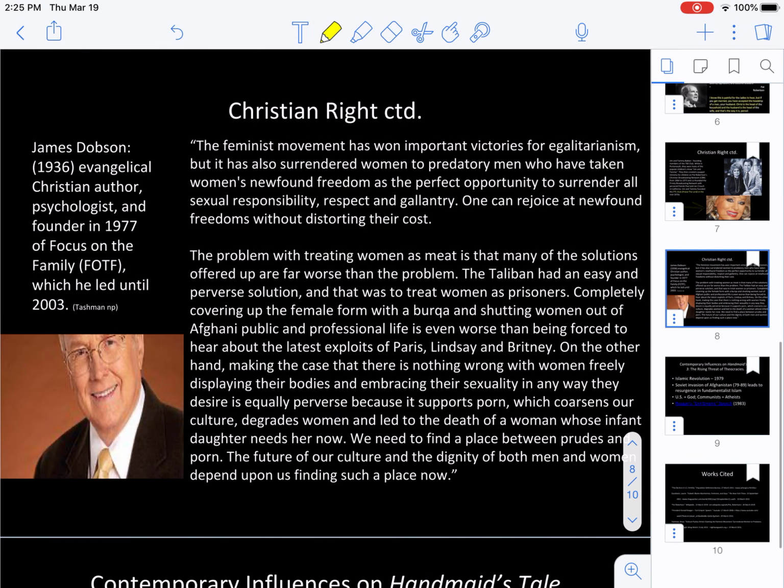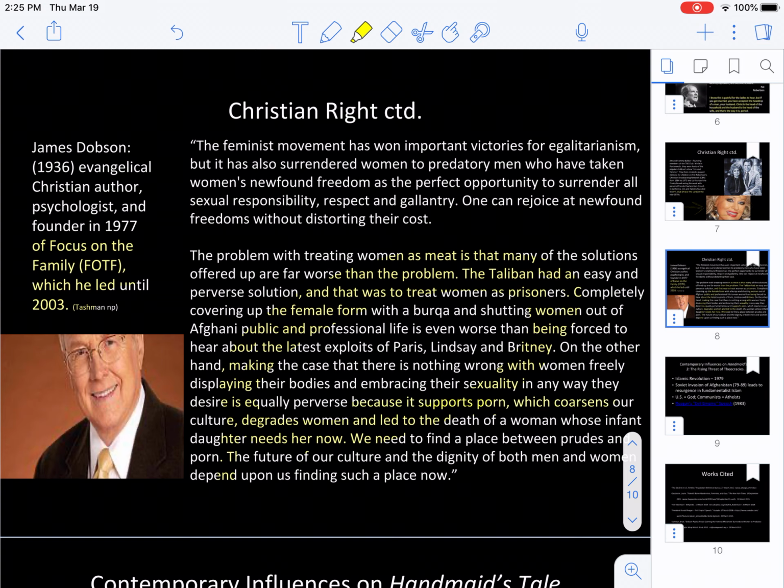And finally, we've got James Dobson. He founded Focus on the Family, which is, again, sort of a political party that overlaps with Christian morality. And he made a point, and you can read this when you have time, that showing the body